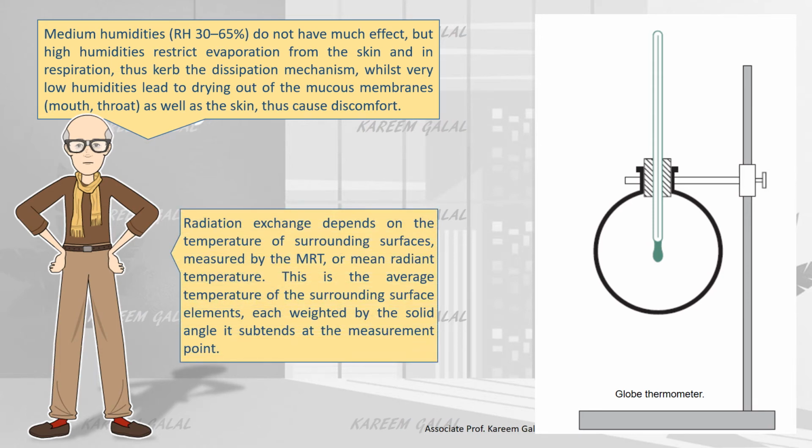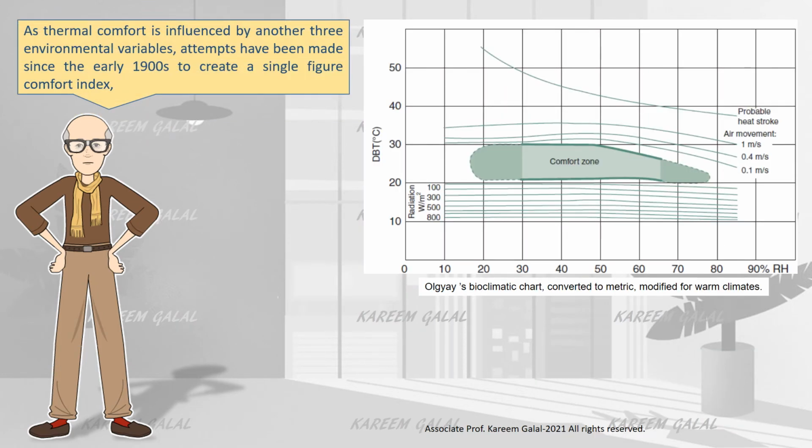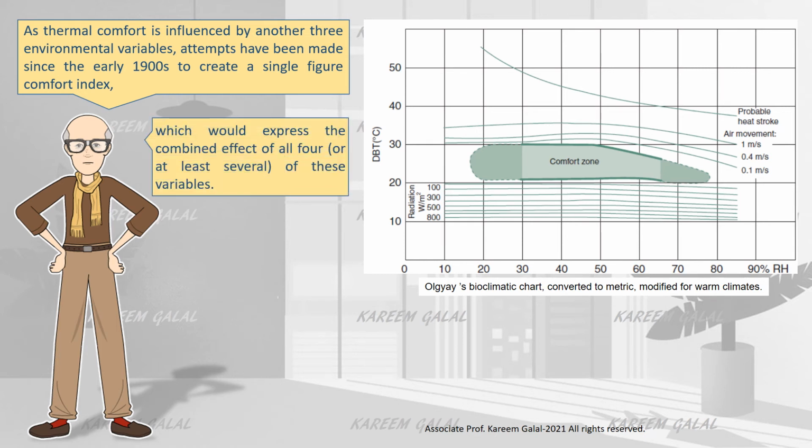Radiation exchange depends on the temperature of surrounding surfaces, measured by the MRT, or mean radiant temperature. This is the average temperature of the surrounding surface elements, each weighted by the solid angle it subtends at the measurement point. As thermal comfort is influenced by these four environmental variables, attempts have been made since the early 1900s to create a single-figure comfort index, which would express the combined effect of all four, or at least several, of